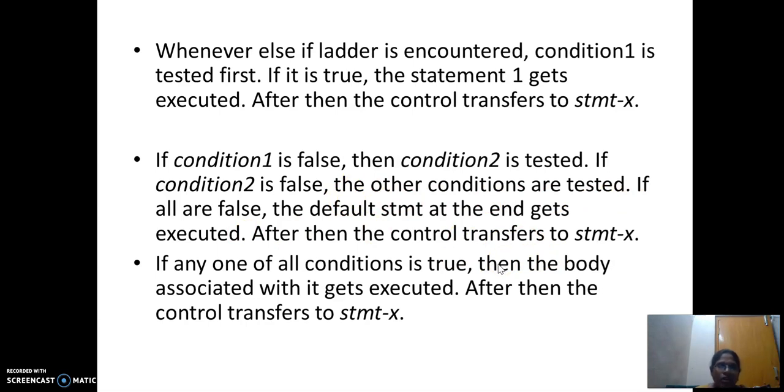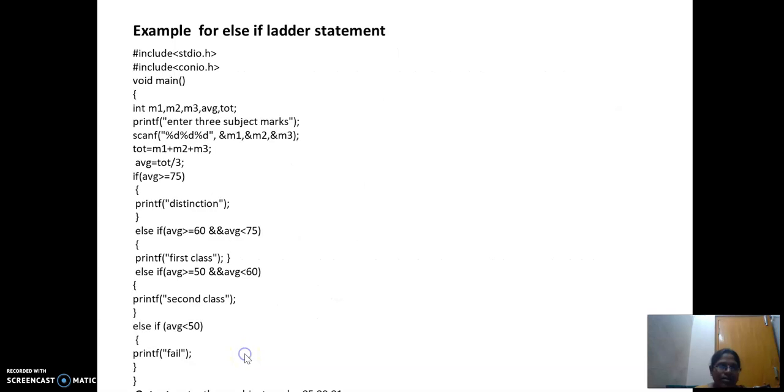If it is not meeting any of the conditions, finally the default statements will get executed. After that only the control transfers to statement X. If any one of the conditions is true, then the body associated with it gets executed. Then the control will transfer to statement X.